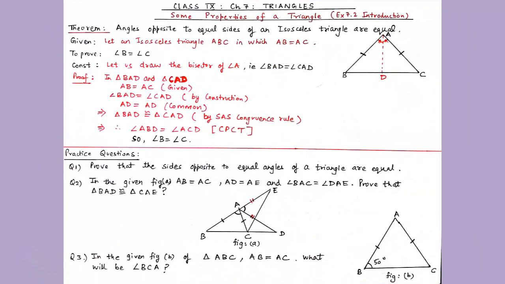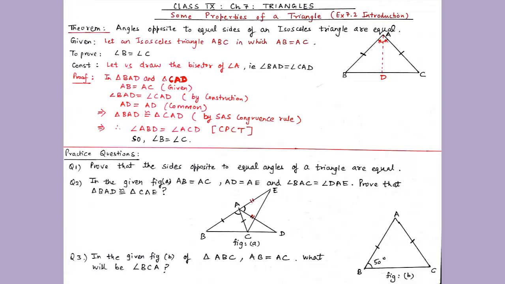And now students, we'll do some properties of triangles. So this is basically the introduction video of exercise 7.2. Students, you all know what an isosceles triangle is, in which two sides are equal. So our first theorem is that we have to prove angles opposite to equal sides of an isosceles triangle are equal. First, we will take the given condition, in which we will draw an isosceles triangle in which two sides